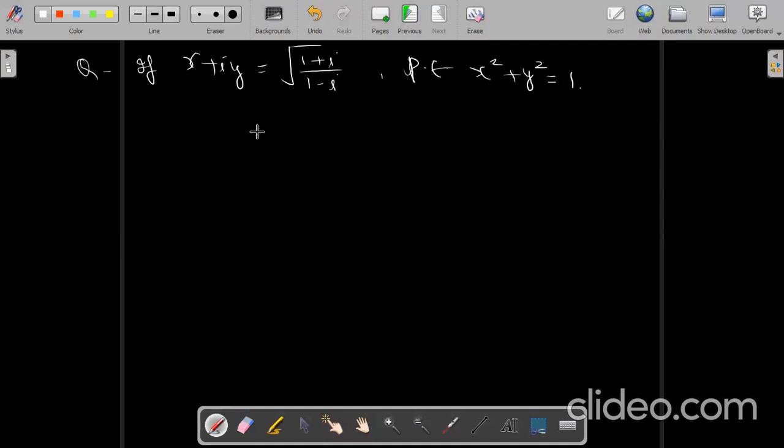So because of this root, we will first try to remove this root inside. In order to do that, we have to solve this given x plus iota y. So how can we solve x plus iota y? We have 1 plus iota and 1 minus iota. We are going to remove iota from the denominator. So iota, 1 plus iota. By doing this, the denominator